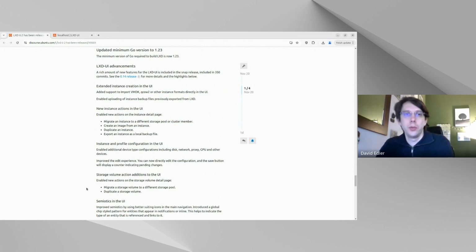we have a rich amount of new features. The first thing I already mentioned, extended instance creation in the UI. You can import external formats. You can import VMDK files, QCOW files in LXD UI directly. You just upload them and they become available as an instance. You can start it and interact with it, or run workloads in it. And